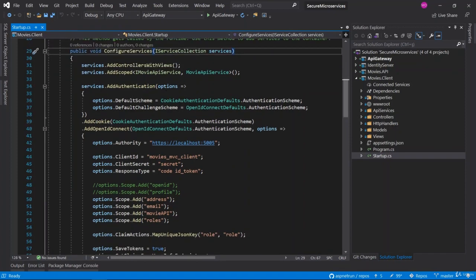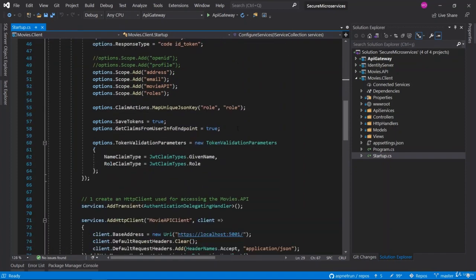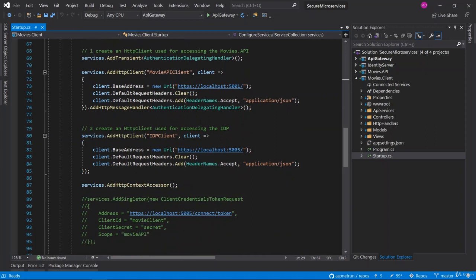Under the ConfigureServices method, we should focus on the definition of our movies API client. As you can see, we have developed this movie API client and registered it here with the AddHttpClient method, and we have configured it here. So check the base URL.